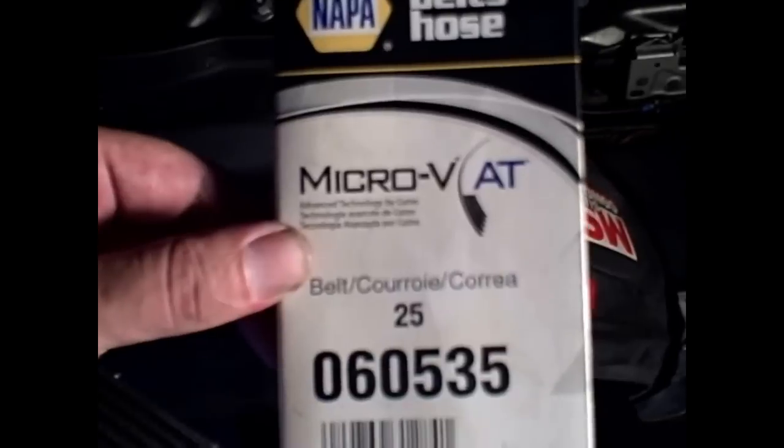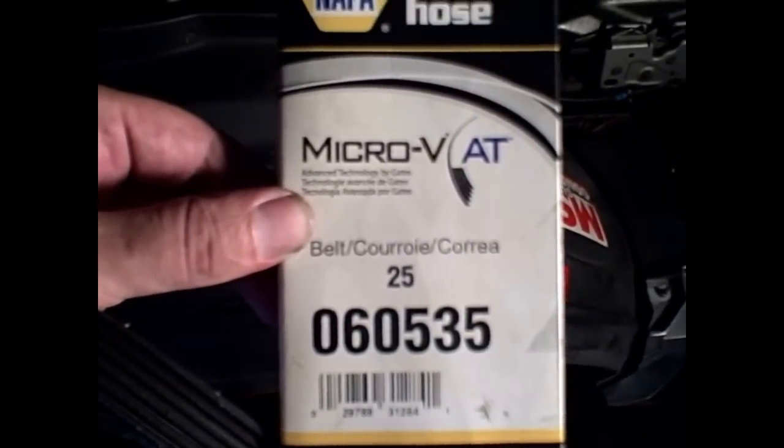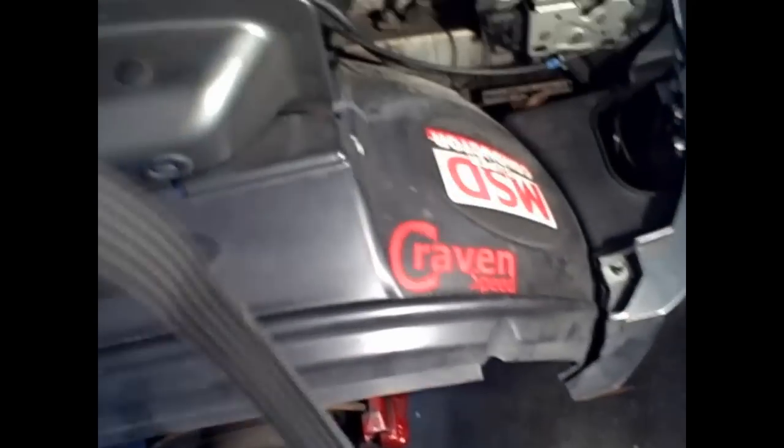Yeah, on my car I have a 50% reduced pulley. So the belt I use is the NAPA 25060-535. It fits perfect with this belt, with this reduced pulley. So here,